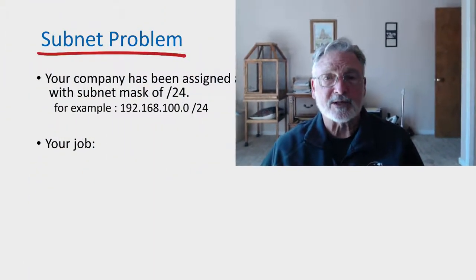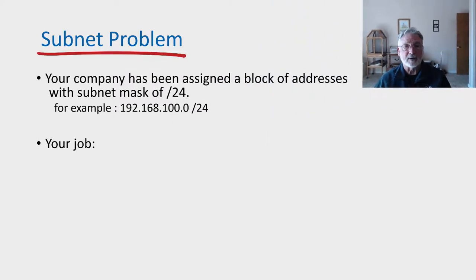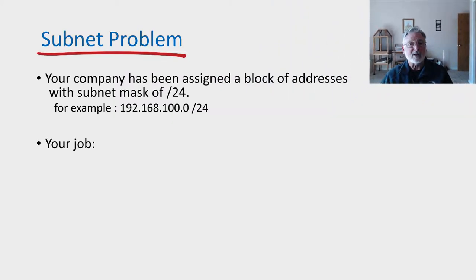One of the questions we get asked is how to assign IP addresses to subnets. Let's look at this example. Suppose your company acquired a block of IP version 4 addresses with the subnet mask of /24. For example,